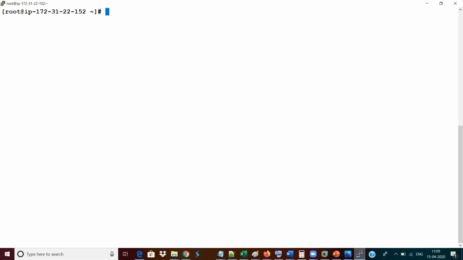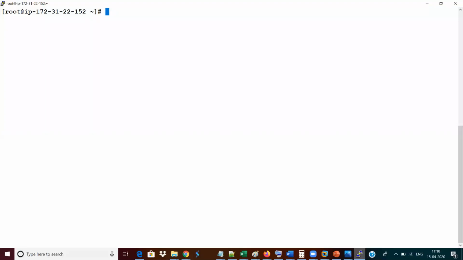I think for some of the people I have already told that I will be arranging a Linux session. For some of the people I have already arranged the Linux session. You would have booked that Linux session. Those commands that we learned in the Linux session are what I'm going to implement here. For those who haven't attended the Linux session, possibly in this week, on another day I will be arranging a Linux session for you also. You can take up your Linux session and get an idea about what we will be working with in real time.